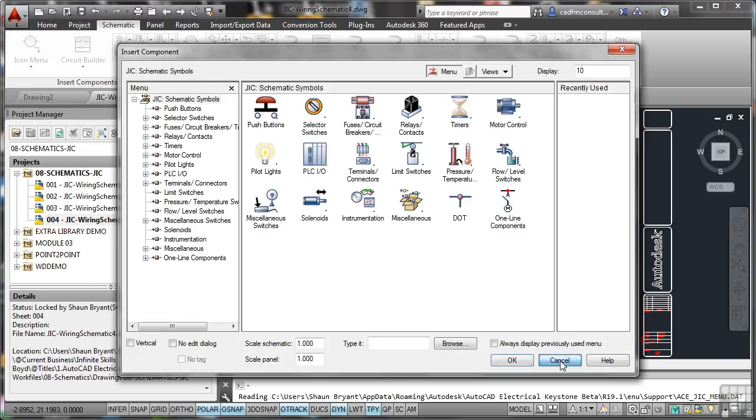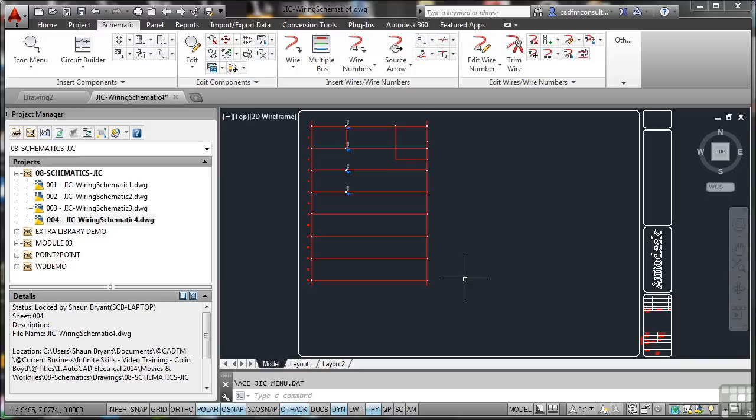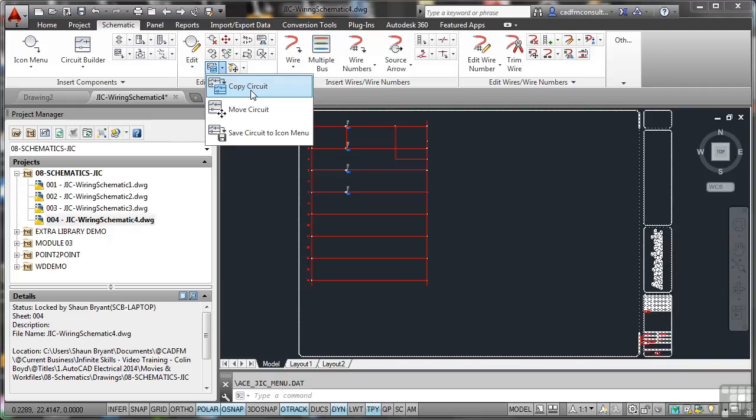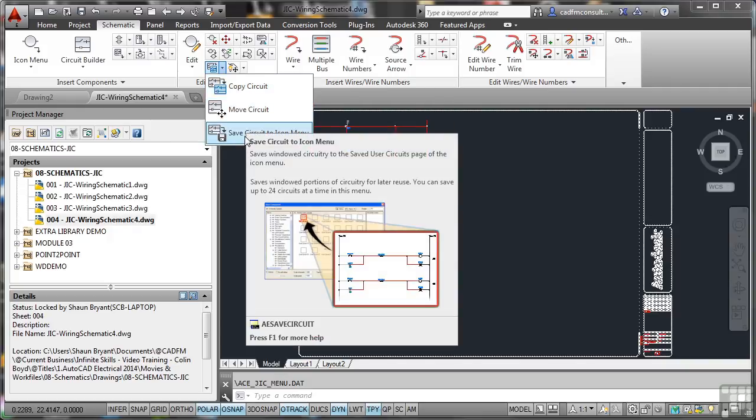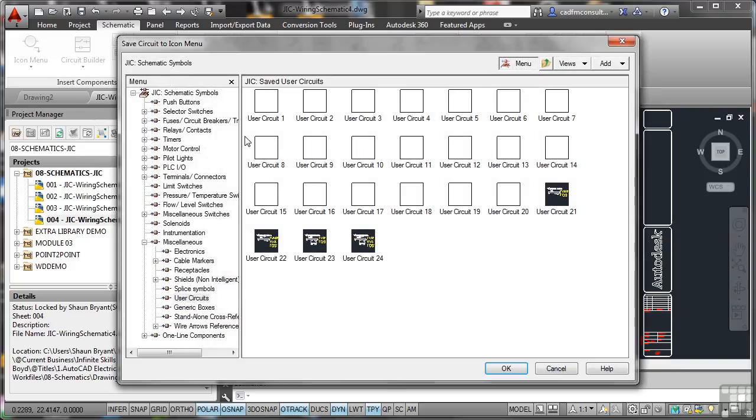If I've done an entire circuit and I don't want to have to do it all over again or copy it, what I can do is save it to a menu and insert it. So I've got my circuit here with my terminals and my jumpers. What I'm going to do is go here to the Edit Components panel on the Schematic tab. If I click on the down arrow, there's Copy Circuit, but we can also save the circuit to the icon menu. So if I click there now, it takes me into the icon menu,